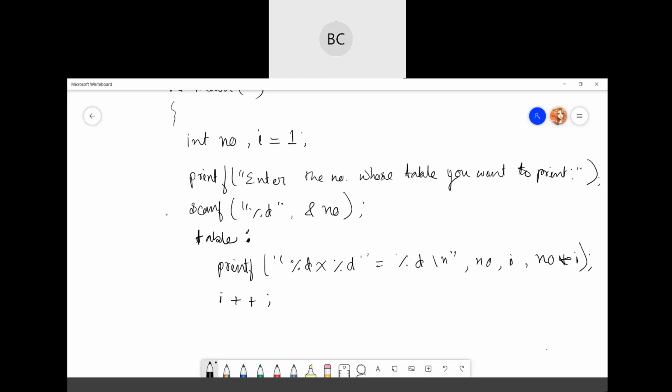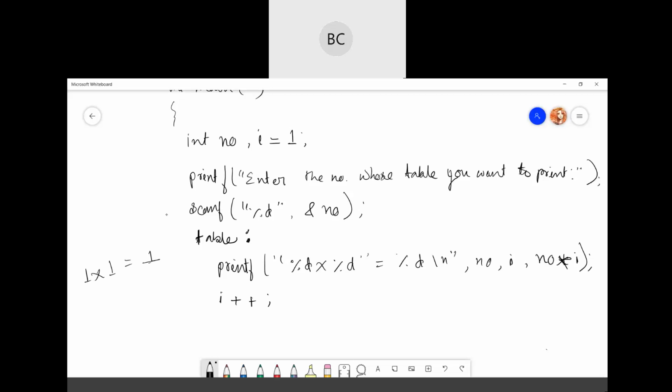What's happening here? What you are doing here is that you are taking a number, right? Suppose number is 1. Then you have initialized the value i, that means 1 into 1. So whatever result will be there, it should be shown here. So it will be 1, right?